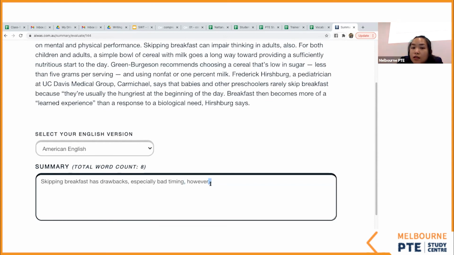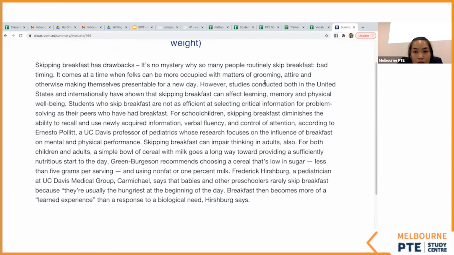How many commas can you put? It depends. You can put as many as you want, but you need to make sure it's correct grammar. That's all. So I put however in the middle. Before it, I need to put a comma, and then after that. Okay. So next one. However,